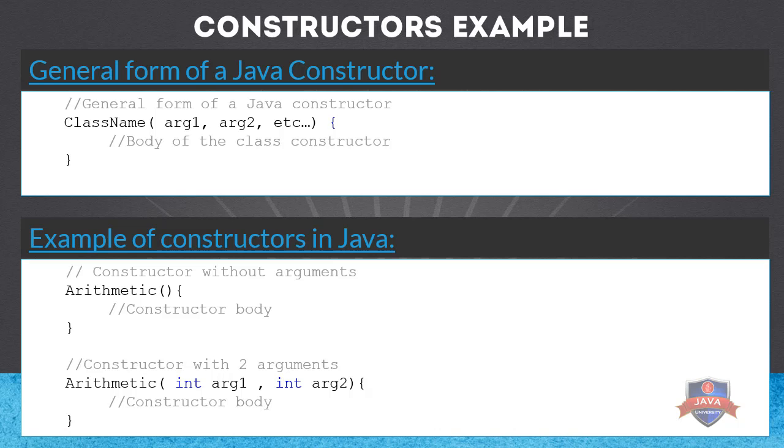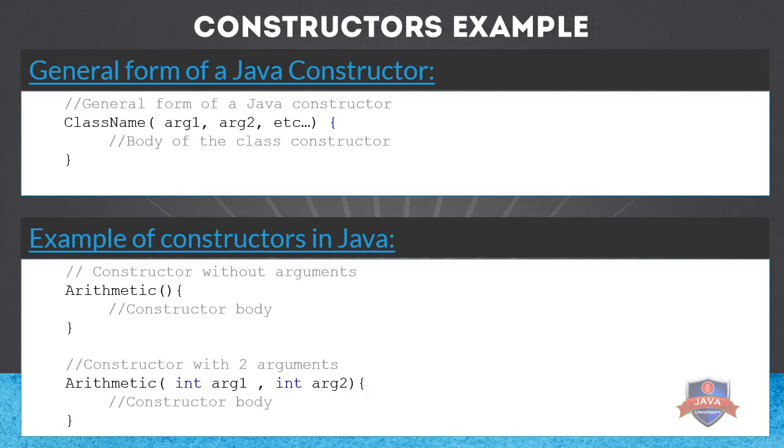In Java, when we create two or more methods with the same name, this feature is known as overloading. This means that we can create two or more options when creating an object to use these methods. As we observed in the example, we have added two constructors to the arithmetic class.